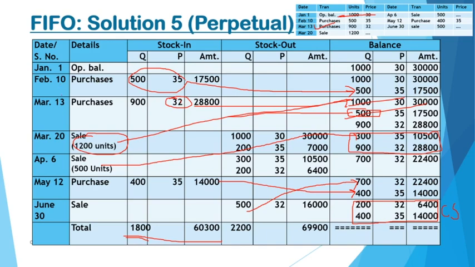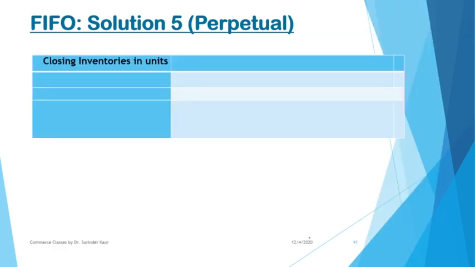I have not written it here, but on the top of this statement we'll be writing stores ledger for the period January to June. Cost of goods sold we can take up as well. We can simply total up the column and this will be the cost of goods sold. All right. Under the perpetual system, our answers or report can be like this. Closing inventory is 600 units. Closing inventory in rupees is 20,400. Cost of goods sold is 69,600 as we got from the total.